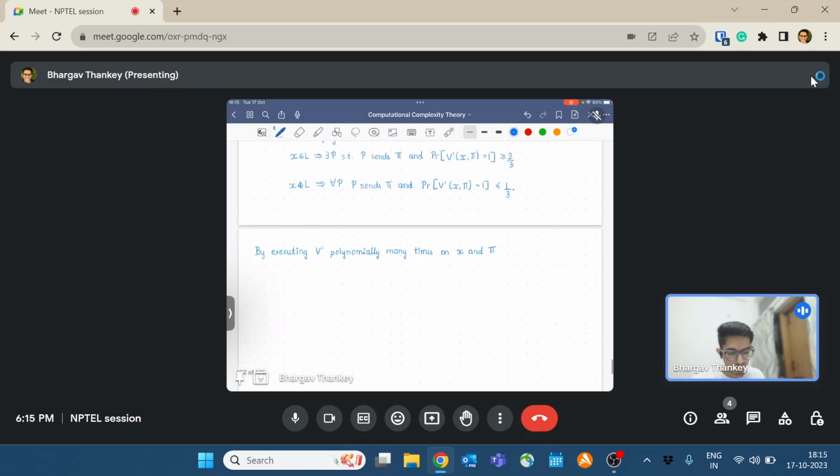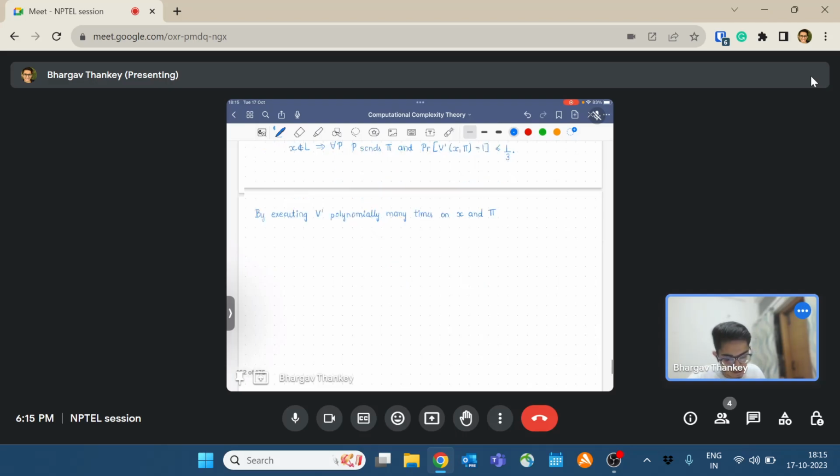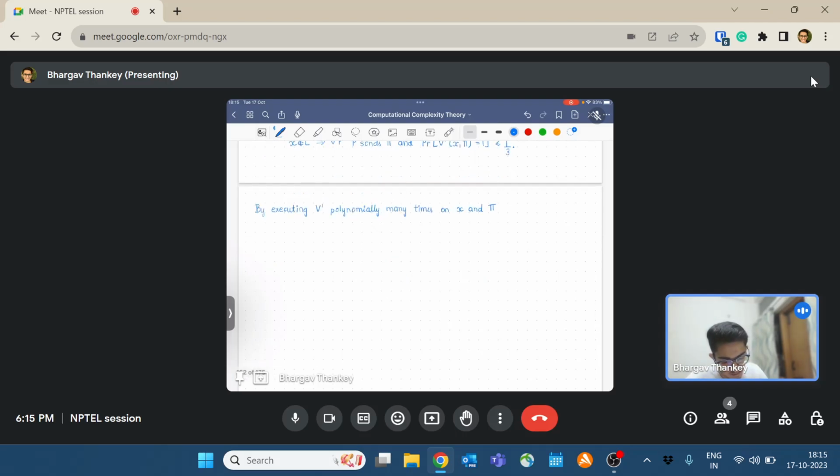So what's happening is that the prover sends pi, and the verifier V prime. We are going to execute V prime on x and pi repeatedly. So we are not going to ask the prover to send multiple proofs. The prover will send just one proof, but to verify it, we'll use much more randomness. So by executing V prime polynomially many times on x and pi with independent random strings,